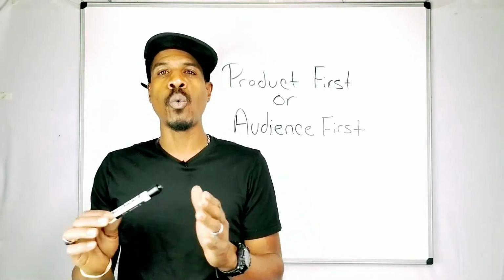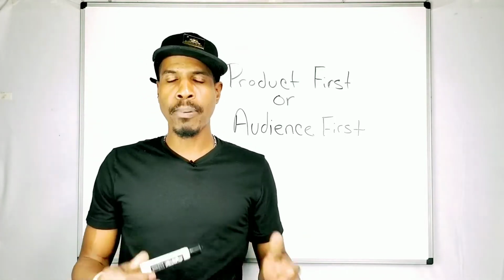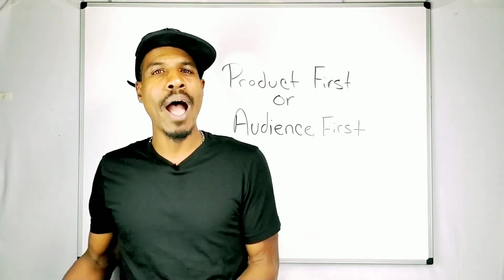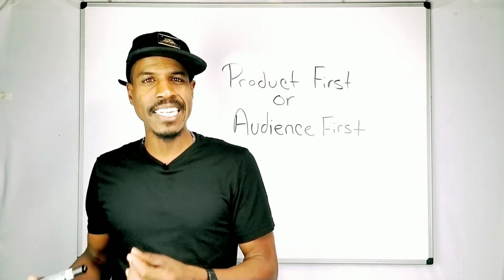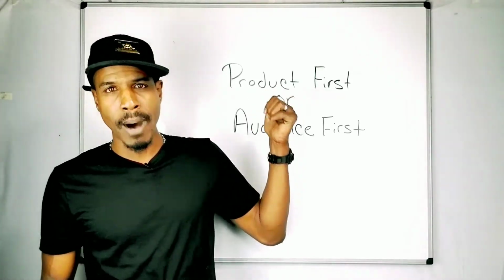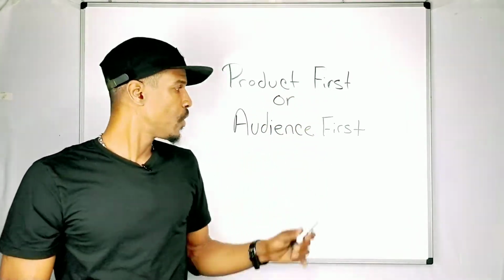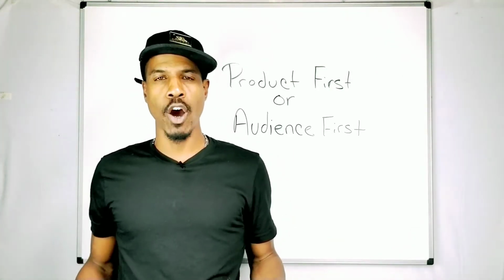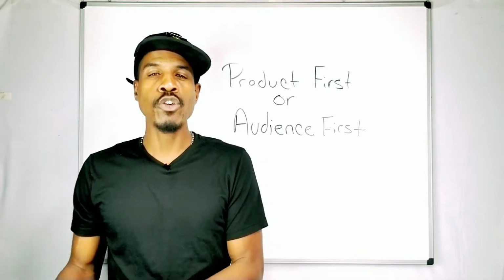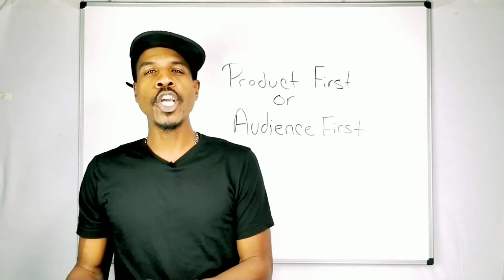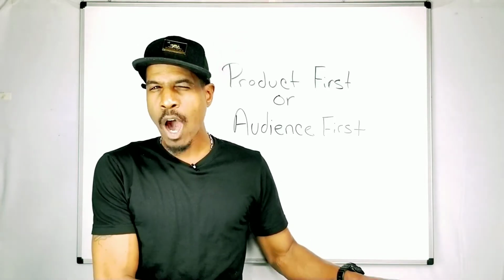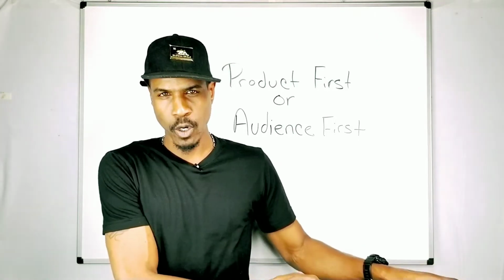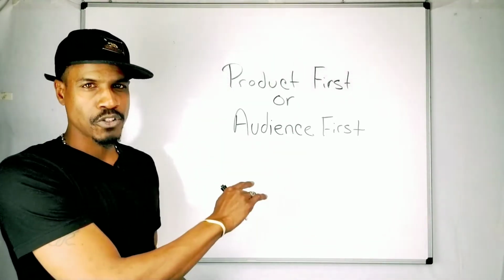That is traditionally the way that most people approach starting a business. We pick a product, and then our objective is to go out and show other people that they need that product. That is the product first model. But there's another model as well, and it's referred to as the audience first model. So imagine you're a restaurant owner. You can cook up a dish and try to sell it to people. Or you can go and talk to people first, find out what they want, go back and cook that dish, and then go and sell it to those people. That is the audience first model.